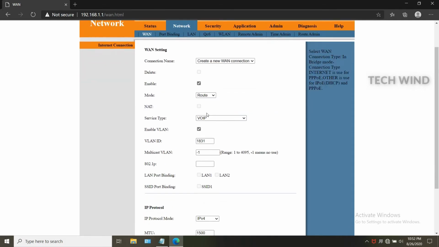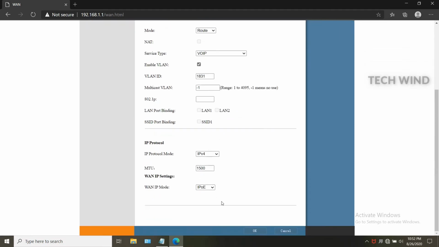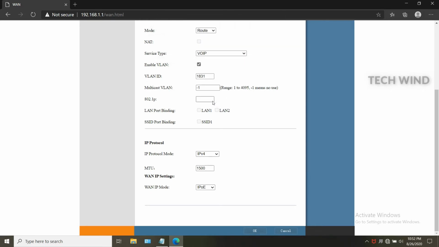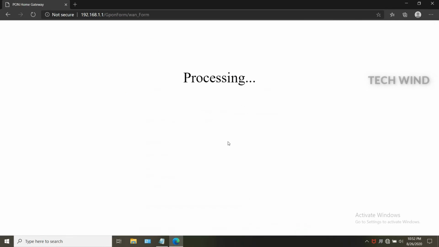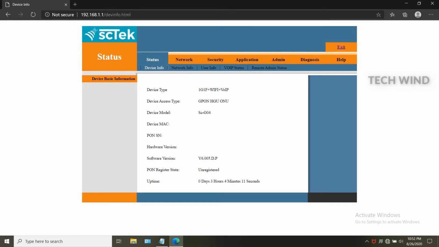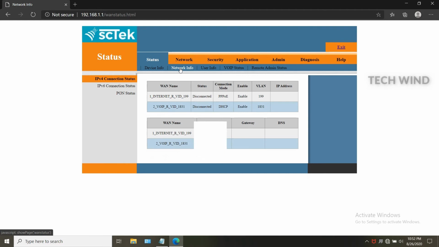Ask your vendor which one is yours and apply it. I have changed the 802.1p value in the video, but setting it to 0 is enough. Select IPoE mode and apply. Now in the status page you can find two WAN connections.